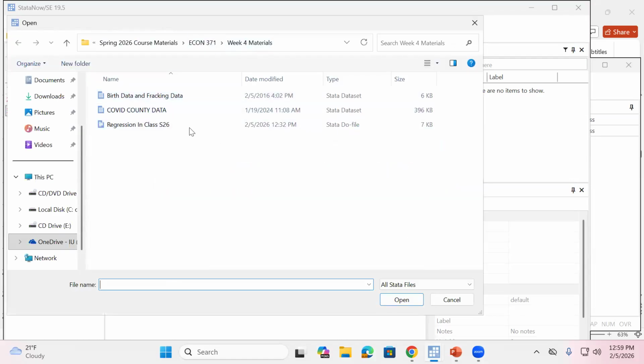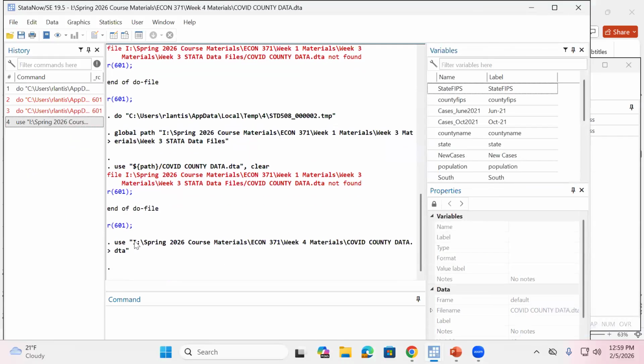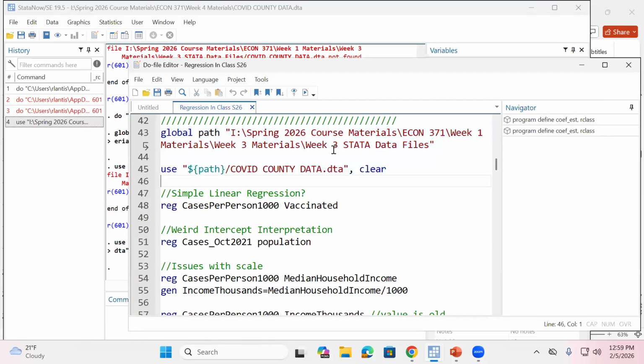Yep, sure enough. So once again, just a review because I forget where I put these folders or files. If you ever forget what folder you put it in, go to that folder, open up the data. Everything before the file name, that's your file path if you start to use subfolders. So I'm just going to copy this, go to my do file. I moved the files around, so I changed my file path. It wasn't in week 3, it's now in week 4. All right. So now I should hopefully be able to open this up.